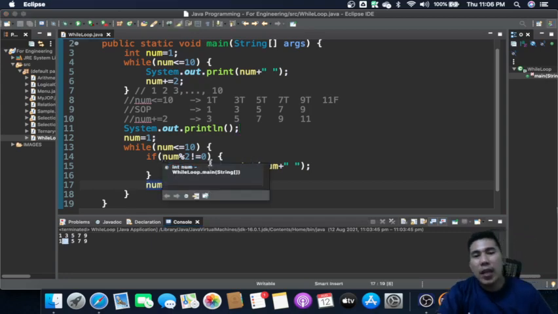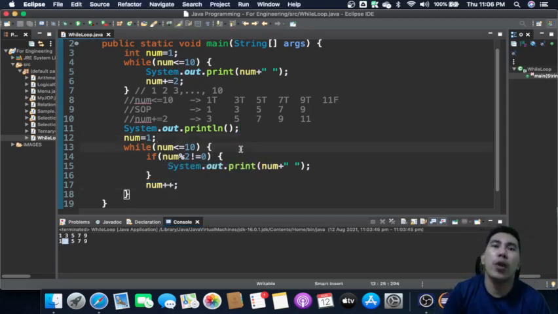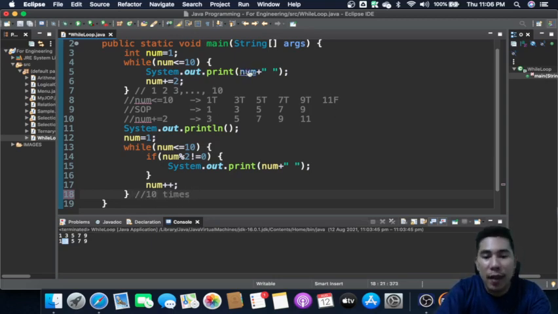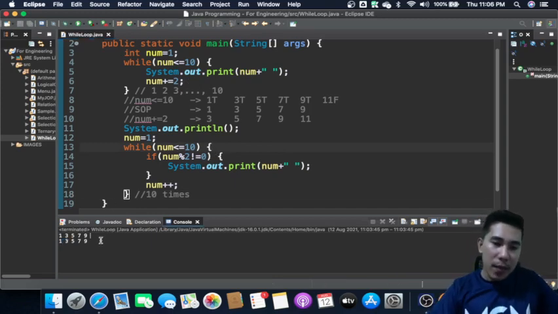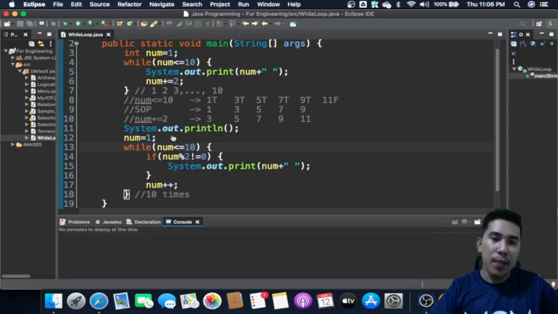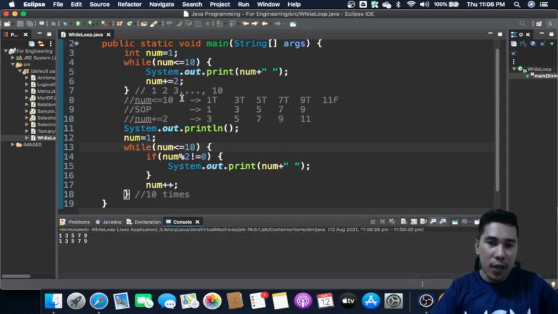So in terms of this one, we call it the worst case, because there's a lot of wasted memory consumption or repetition, since this one is going to repeat the process 10 times. This one right here is only 5 times. And the goal is just to display the odd numbers. Okay? So that's it for that.